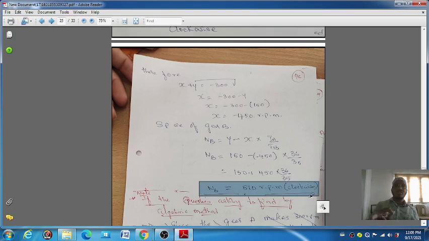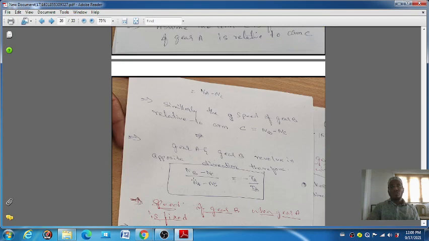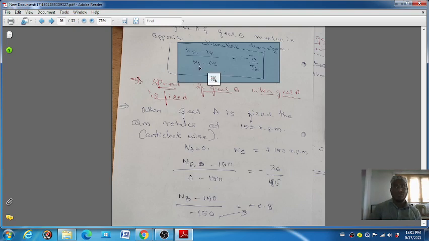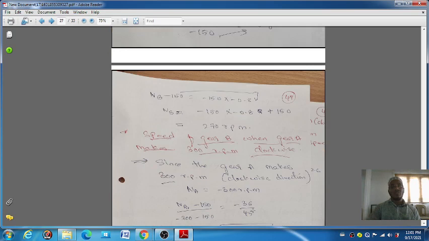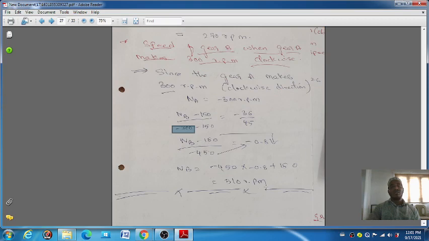Like this, these two conditions here I am solved in that algebraic expression also. Okay, in that algebraic expression you having a relation between the speed ratio. Okay, in that relation between speed ratio formula is there nb by na minus nc by na minus nc is equal to minus ta by tb. Okay, so first condition you have to take speed of the gear is 0 due to it is a fixed. Okay, you will be get nb here. Then that second condition you have to take 300 here. Okay, then again you will be get the nb also.